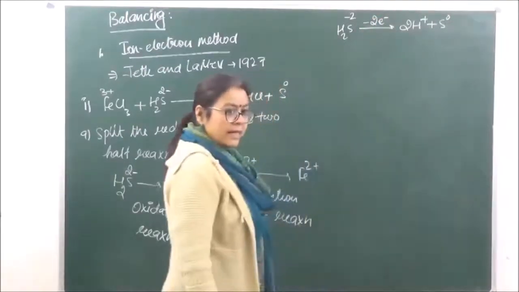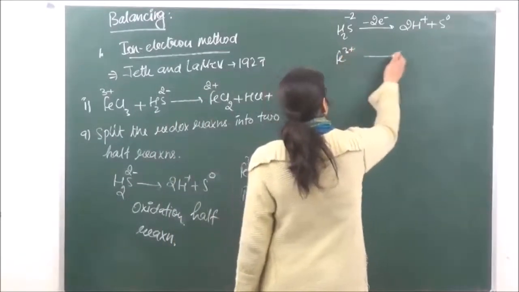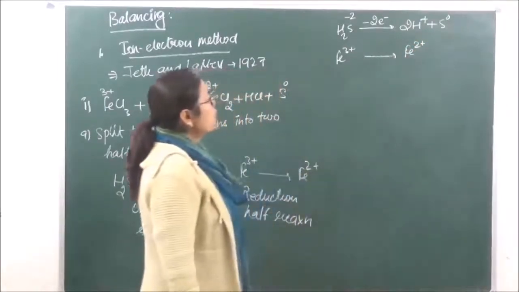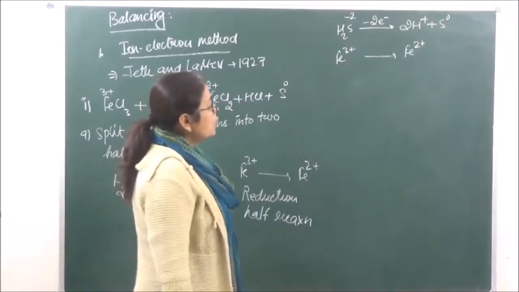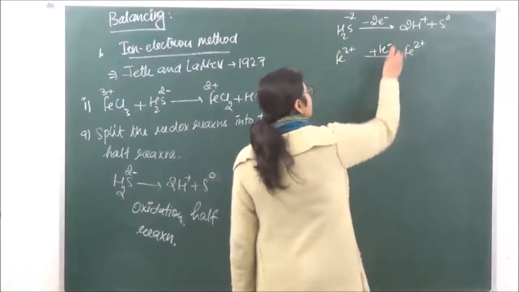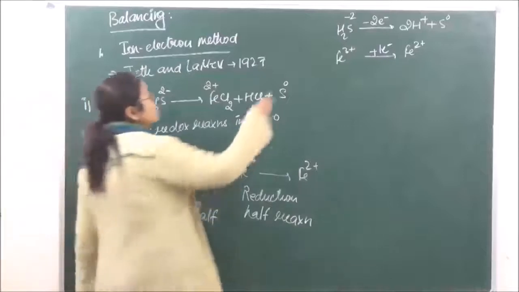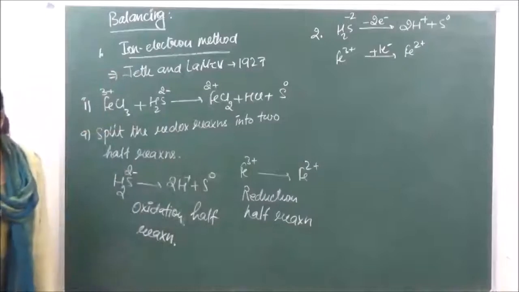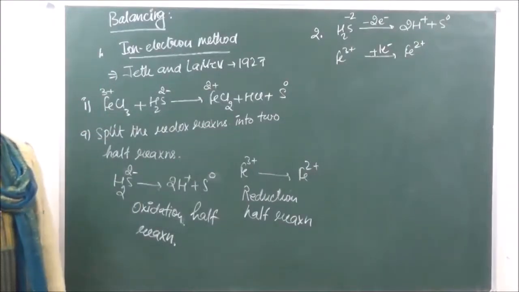Okay? Then in the same way, Fe3 positive is being converted to Fe2 positive. So over here what is happening? There is going to be a gain of one electron. Why? Because reduction is taking place. So over here we can write it as plus one electron. So this is now the second step, to put the number of electrons exchanged which is taking place.